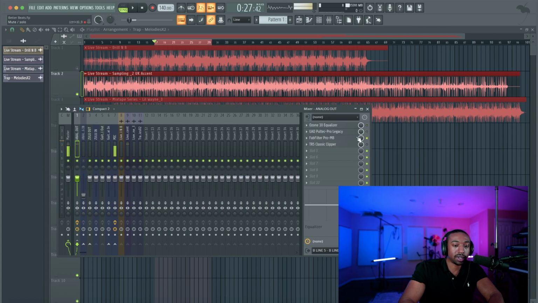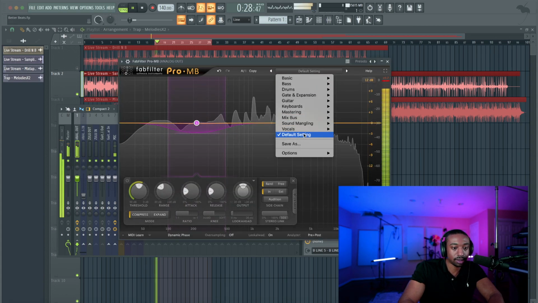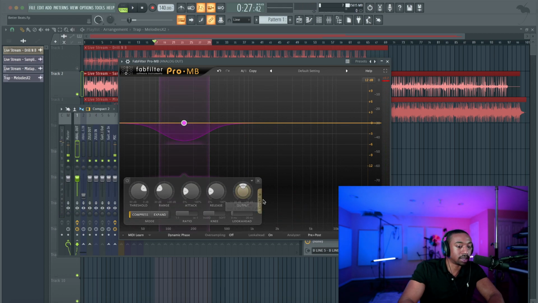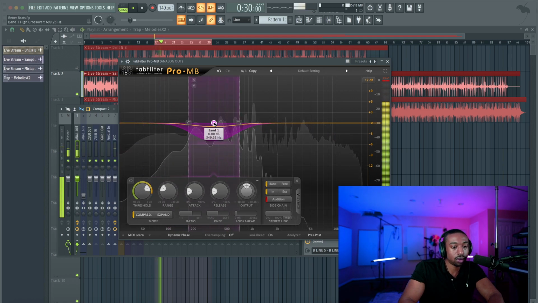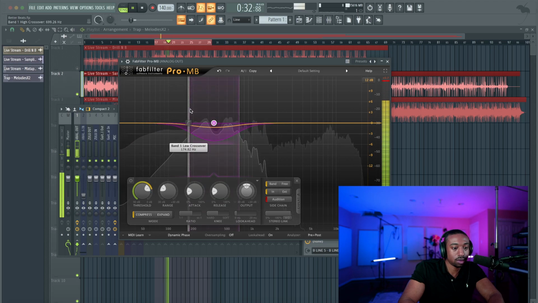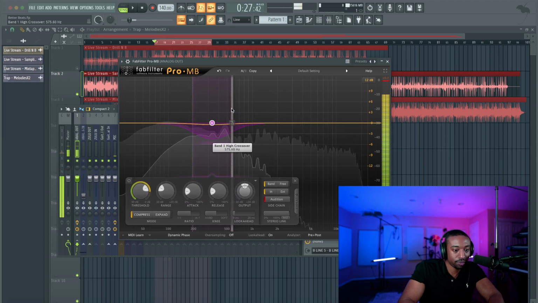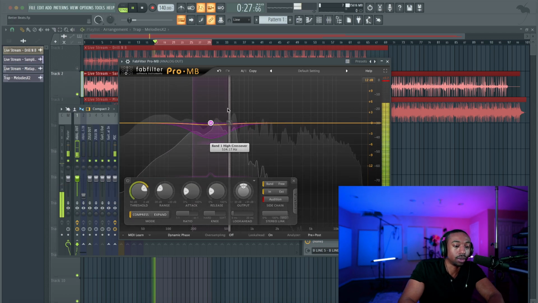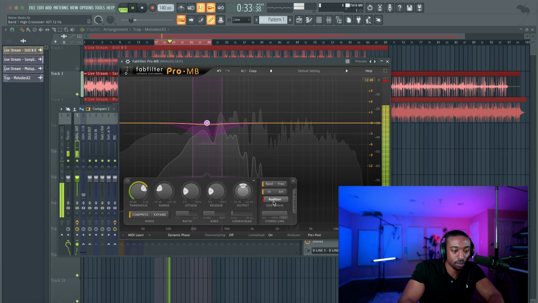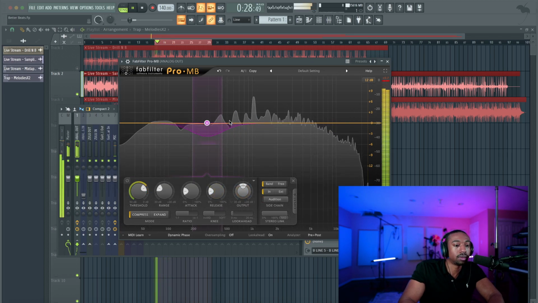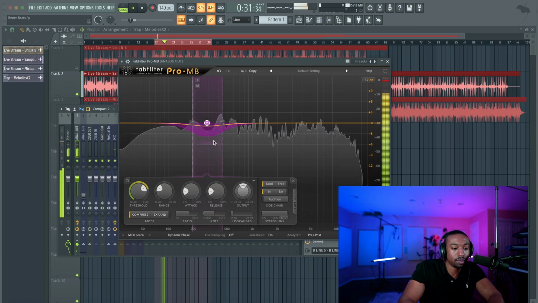So let's open up that multi-band compressor again, and let's just reset this. Now we're gonna solo this, and I'm gonna move quicker now, because now you understand what I'm doing. Go to audition, we're gonna go to mid only, and then audition, and find that spot where it's just kind of cluttered. So we don't really need that part of the vocal. Okay, I like that. So let's pull it.